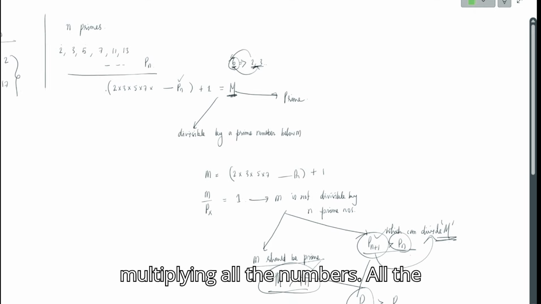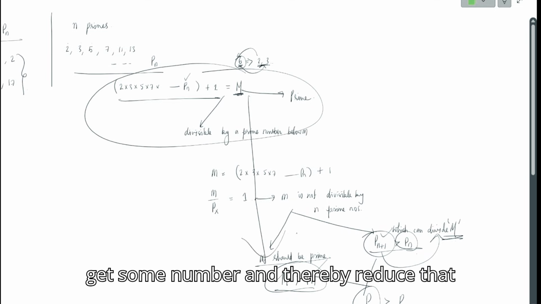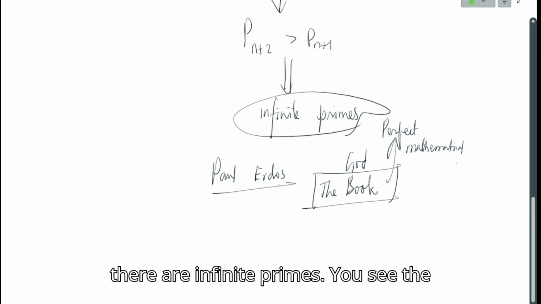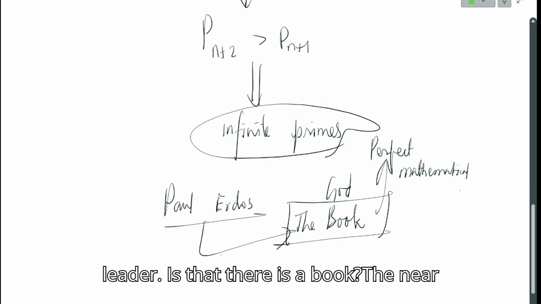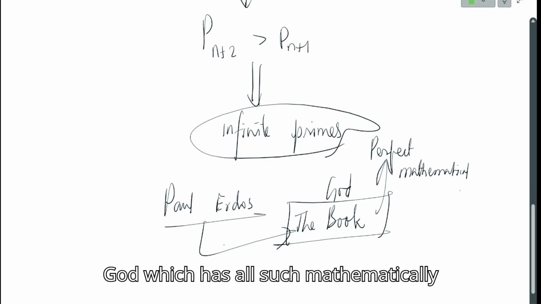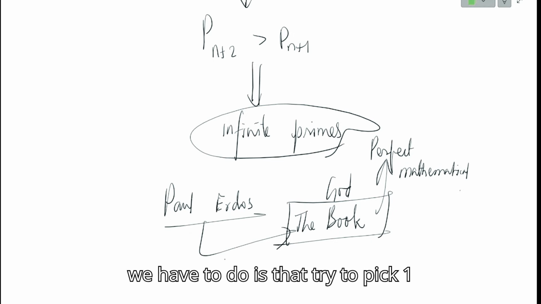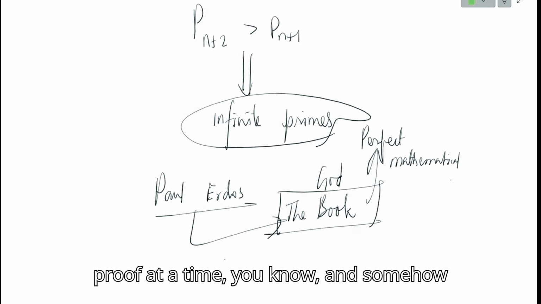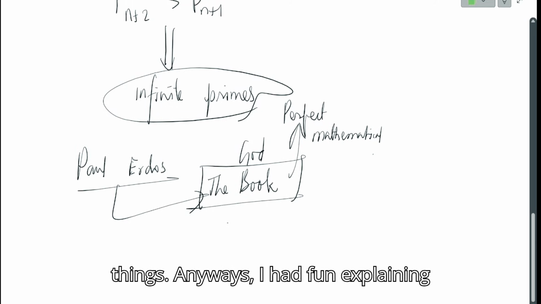So just multiplying all the prime numbers, and just by adding one, we get some number, and thereby deduce that there are infinite primes. You see the elegance of this proof. So Paul Erdos says that there is a book near God which has all such mathematically perfect and simple proofs, and all we have to do is try to pick one proof at a time, and somehow deceive God in picking up all these things. Okay? So, anyways,